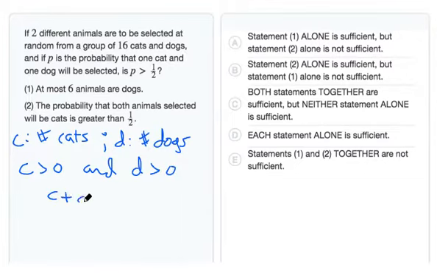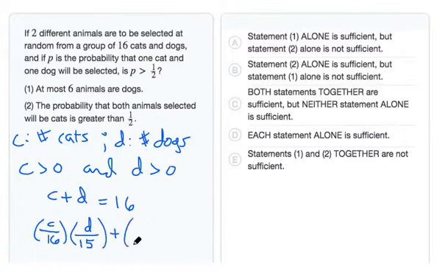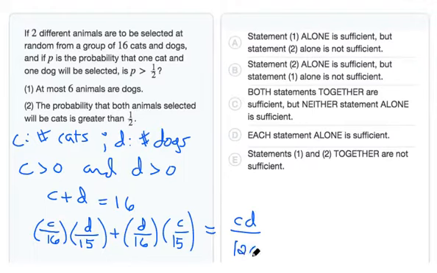Then C plus D must equal 16, and the probability that one cat and one dog will be selected is going to be C out of 16 times D out of 15 plus D out of 16 times C out of 15. Simplifying this will equal CD over 120. So we need to determine whether this value is greater than 1/2,